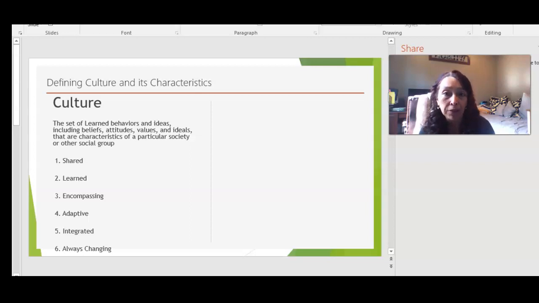It's also adaptive. The traits have to increase our survival within a given environment. If it becomes maladaptive, we might die off. We'll get to that in a minute. The cultural traits also have to be integrated into the existing society. So if there are all these traits, they're not random. We're going to get those traits that fit into the society we already have. So if, for example, I decide to make an iDog or an iCat, that might fit into our society. But if I decide to make a cell phone maybe the size of this tablet, you may go, no, that's just too big and cumbersome. I don't like it. So we'll reject it. If I threw a cell phone into the 1950s, it might pop right back at me.